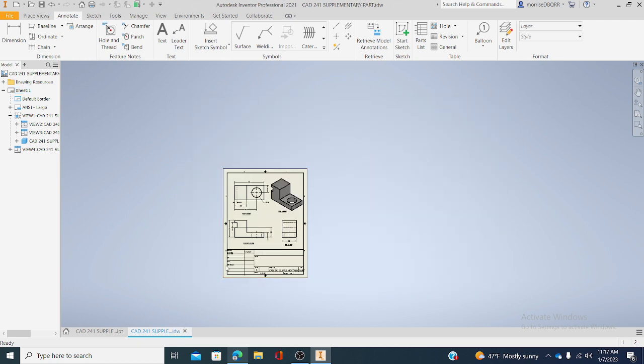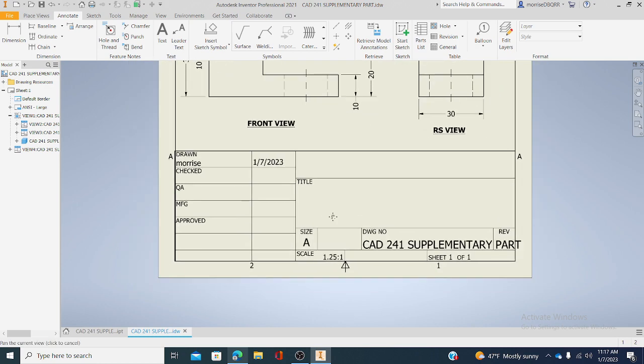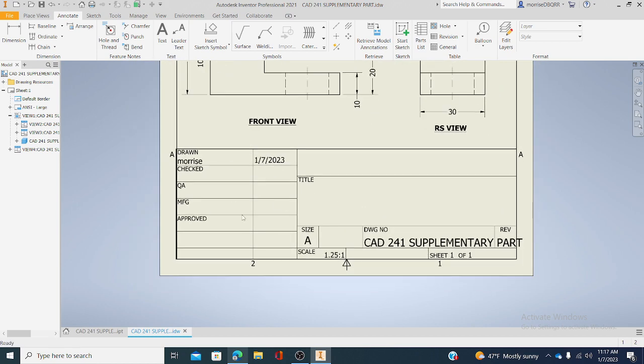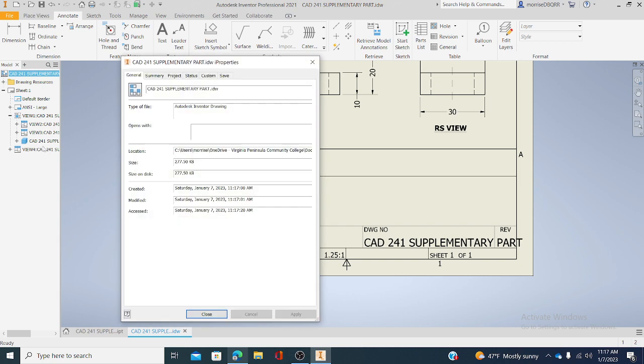All right, now we need to work on our title block. How do we fix this here? So you go over here to your browser. This is your browser. This is your file. This is your drawing file. We're going to right click on this, come down to iProperties, and we're going to slowly fill out our title